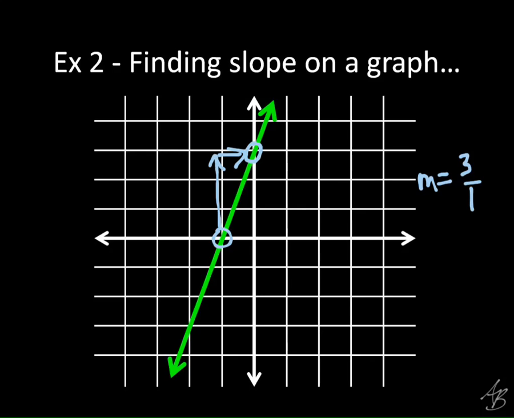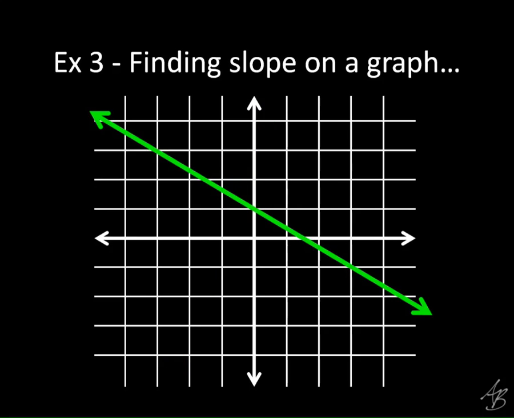I want you to go ahead and finish example 3 and example 4 on your own. We'll go through the answers in just a second here. So on example 3, I'm going to pick 2 lattice points. If you pick different ones, that's okay. You should get the same answer. I am going to start at the one on the left, over here. And my rise this time is going down. So what does that mean? My rise is going to be negative 2. And then my run from there is going to be to the right, so that's still positive. So we get a slope of negative 2/3.